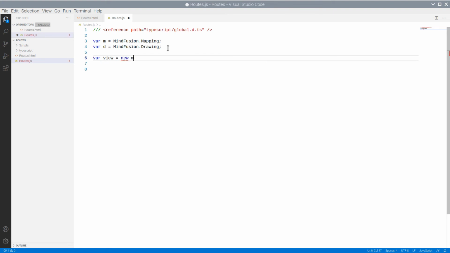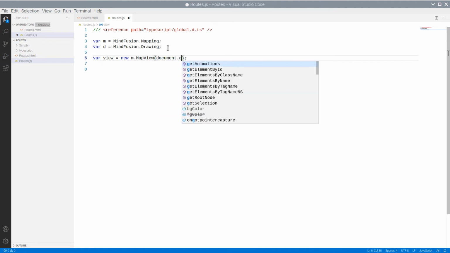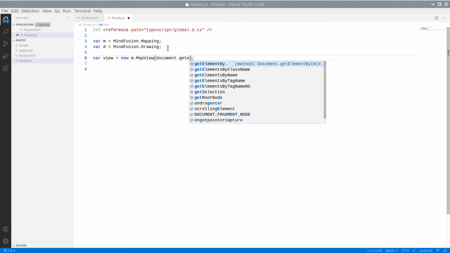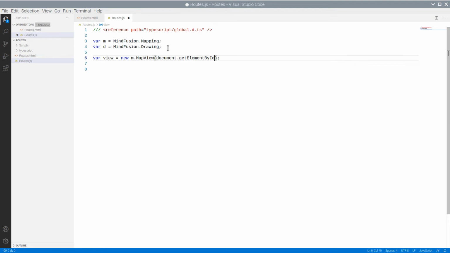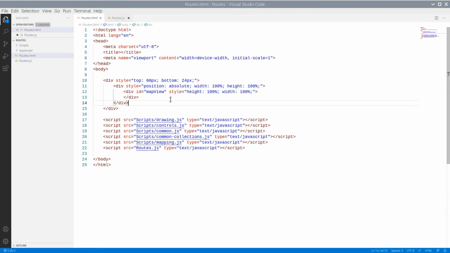Now we will create our map. We need a MapView instance to host the maps. The constructor of the MapView class requires a reference to the div element that represents the map.